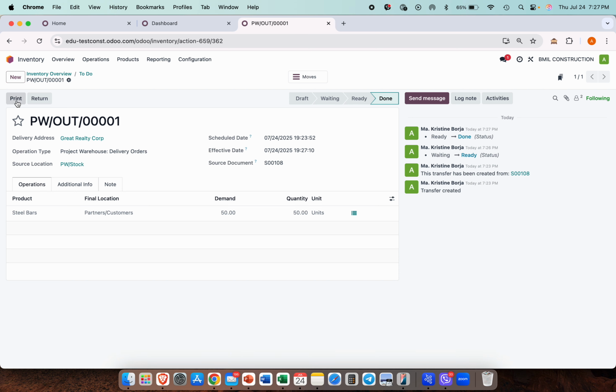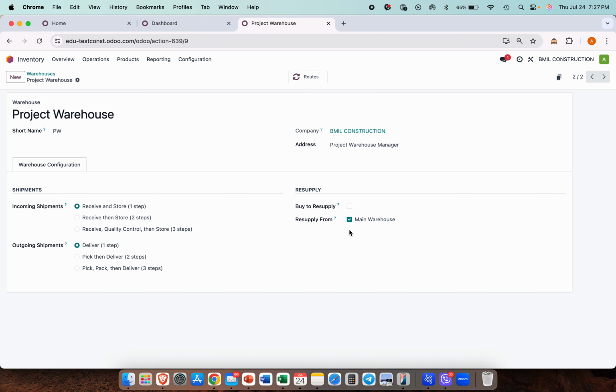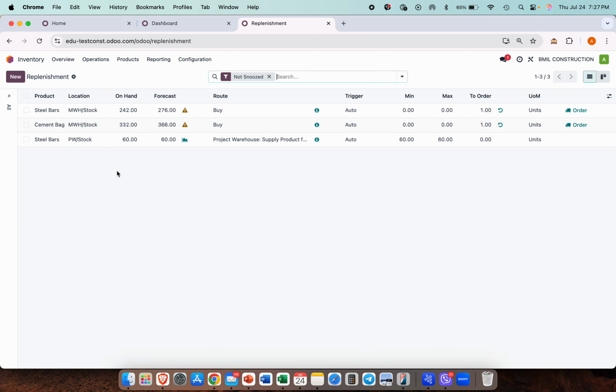So just to recap, what we did was to create another warehouse. This is the project warehouse. And we clicked here to say that it's a resupply from the main warehouse, meaning if there's no more stock from the project warehouse, it will now get from the main warehouse. And how do we tell the system that it will get from the main warehouse? We did that by going into the replenishment rules and clicking on here